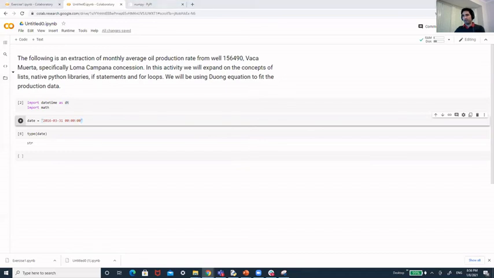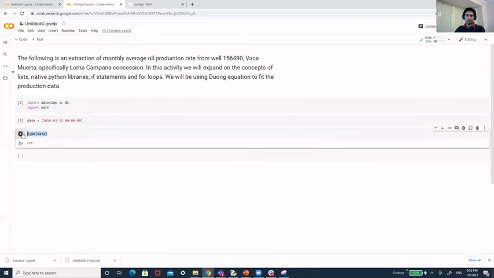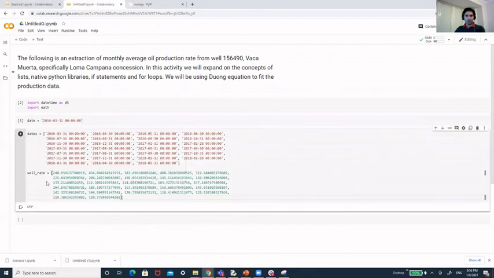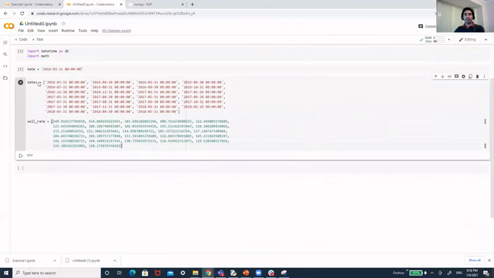But what I'm going to do for the next session is work out for this well and this information what is the best fit for a decline curve analysis using a Arps equation, which is one that we could use in unconventional.